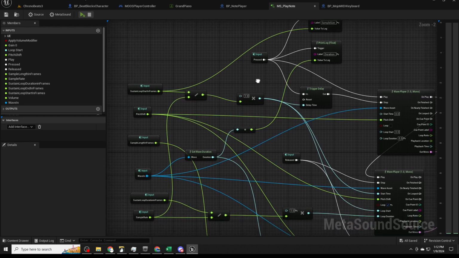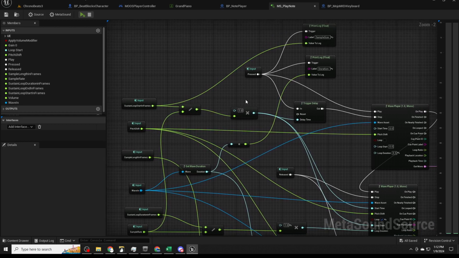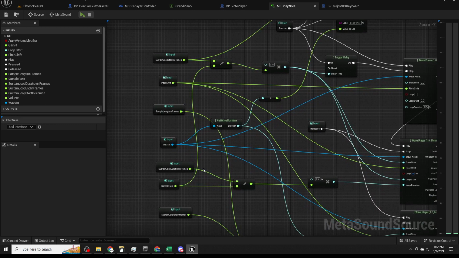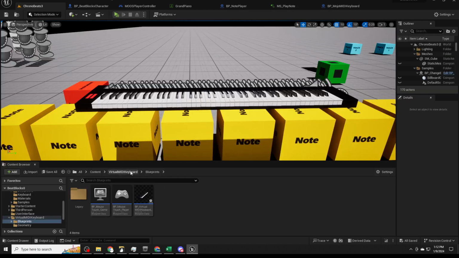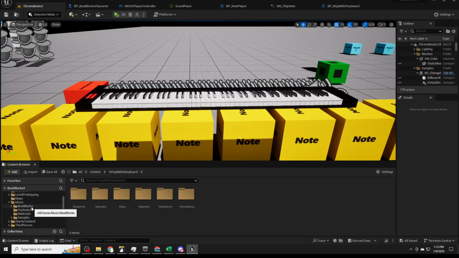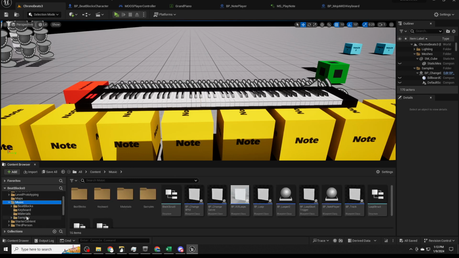Basically what I have for inputs to this Metasound is, it passes in a number of things. It passes in the information that you just saw from that spreadsheet. So it passes in sound font information. It passes in the wave to use. So in this case, it would pass in the C4 wave, and that wave is in my... if I go find it, I can go find that. I brought that into